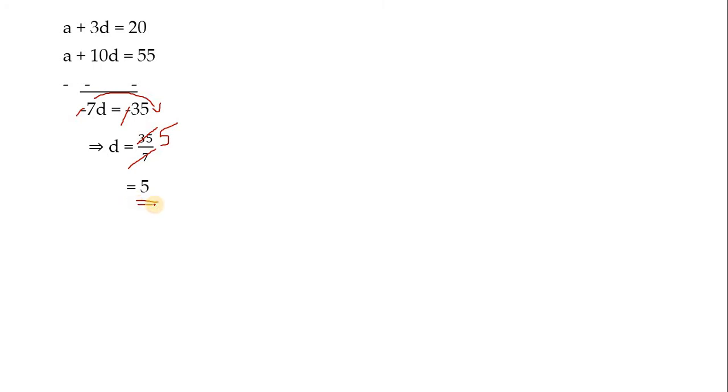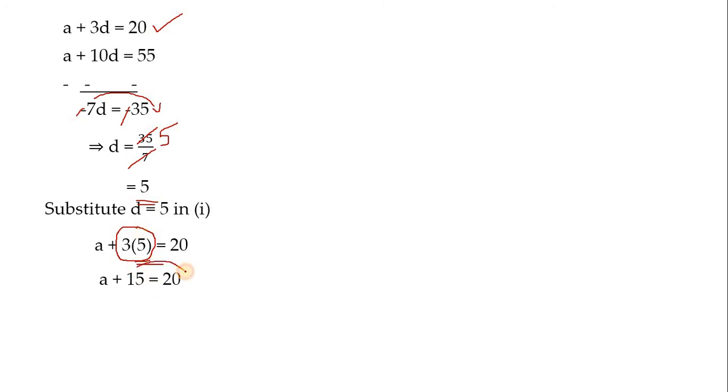That is 5. Now to find the A value, let me substitute this D value in equation 1. Which is equation 1? This is only equation 1. We have called this equation 1 in the earlier slide. Now consider equation 1, and in the place of D I substituted 5. Now let us multiply this one, children. 3 5s are how much? That is 15. So A plus 15 equals 20. This 15 you transfer this side. We'll get A equals 20 minus 15. So 20 minus 15 is nothing but 5. Therefore the A value is also 5. D value is 5 and A value is also 5.